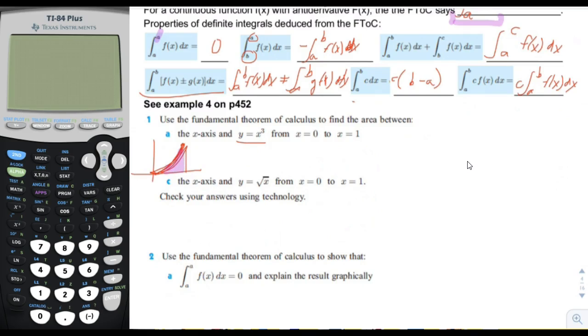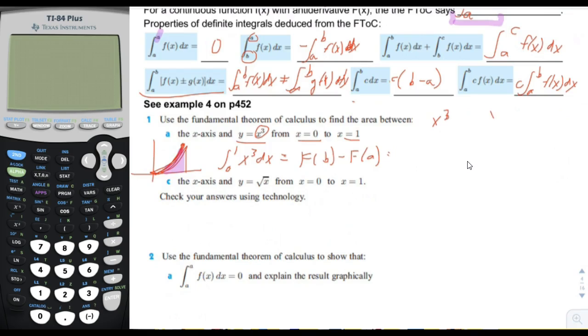It says to use the fundamental theorem of calculus, so we're going to do an integral from 0 to 1 of the function x cubed, and that'll give us the area. Basically they're saying to find the antiderivative function, substitute b and a, and that'll give you the formula. So we know the antiderivative of x cubed